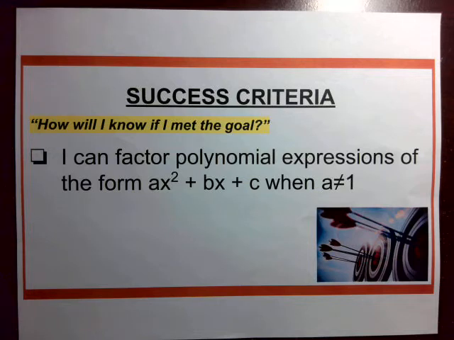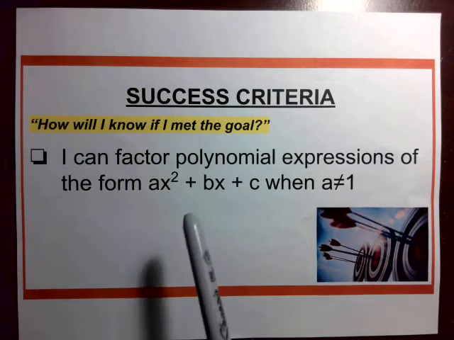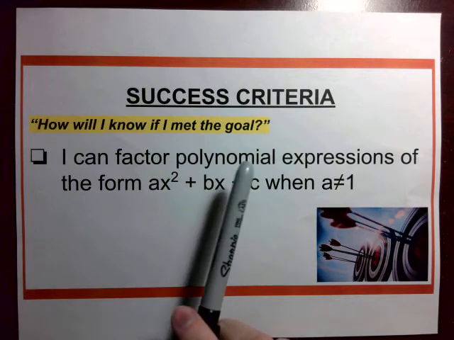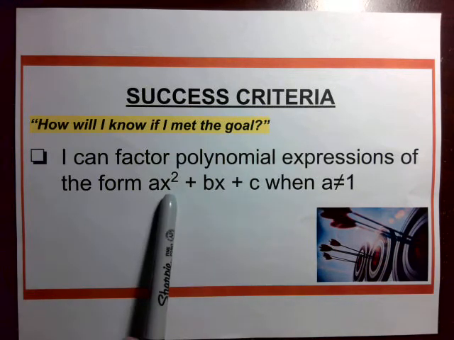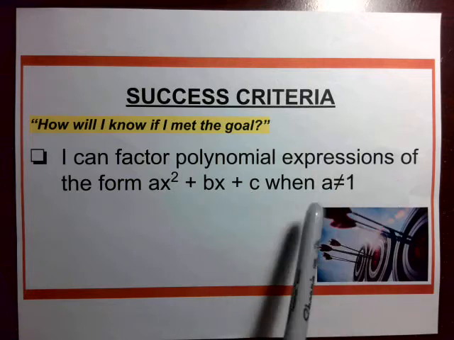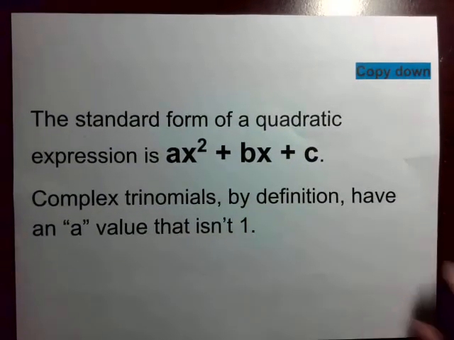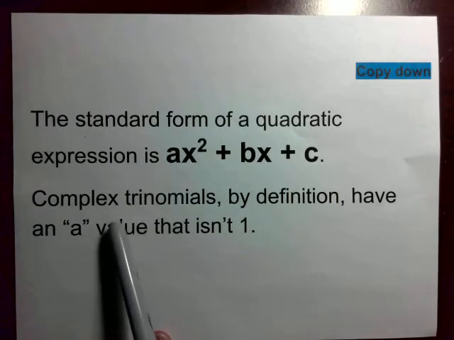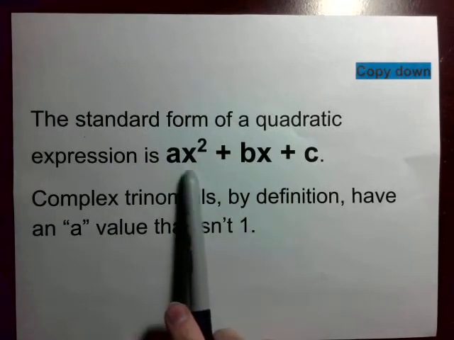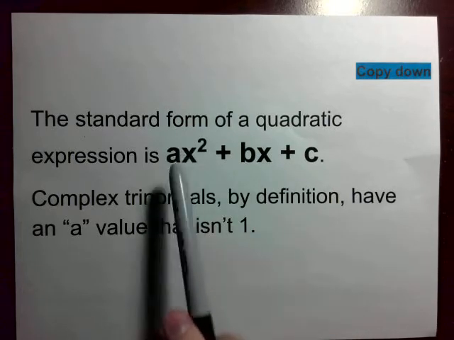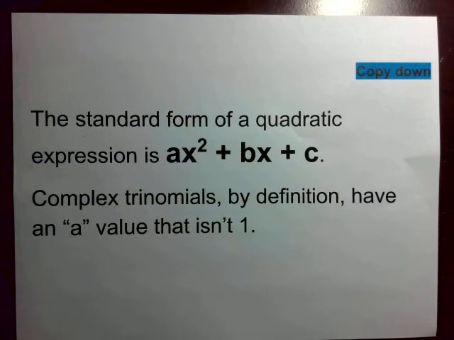back to it later. So in this lesson, our success criteria is going to be whether or not you can factor polynomial expressions of the form ax squared plus bx plus c when a is not 1. So we've done simple trinomials before, now we're looking at complex trinomials. By definition, a complex trinomial is one of this form, ax squared plus bx plus c, where a is not 1. So whereas in previous